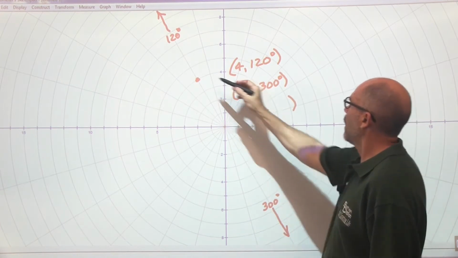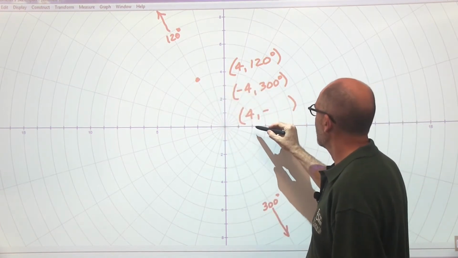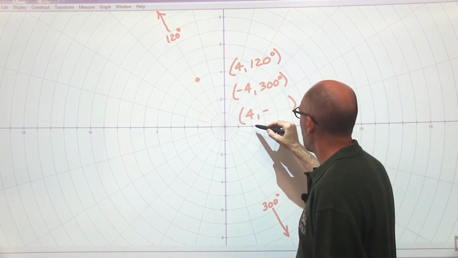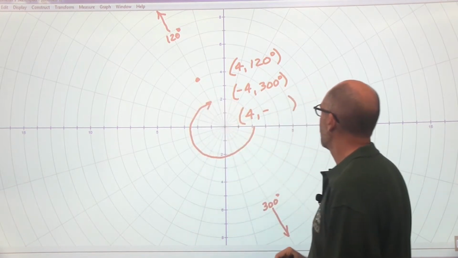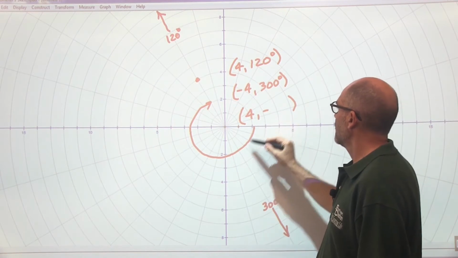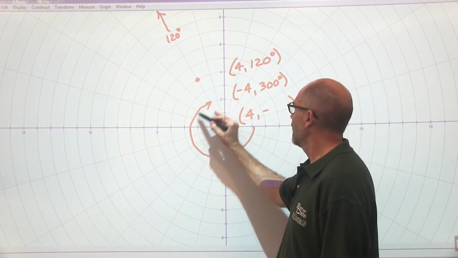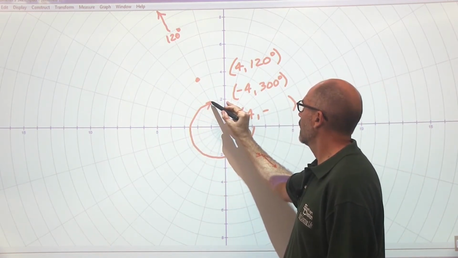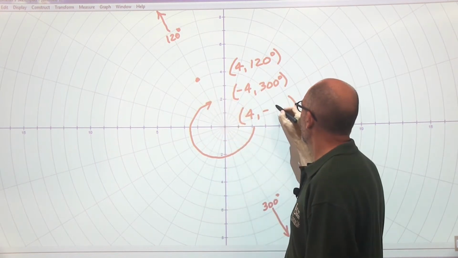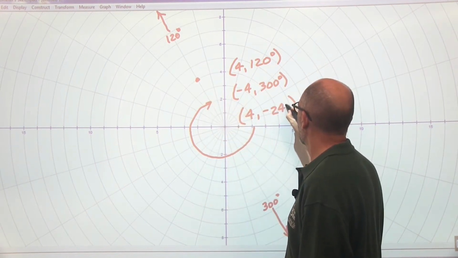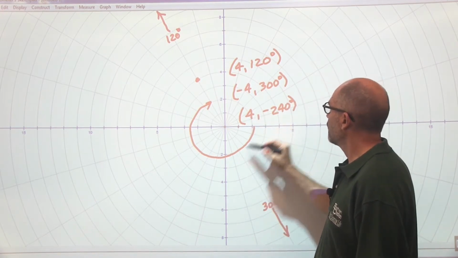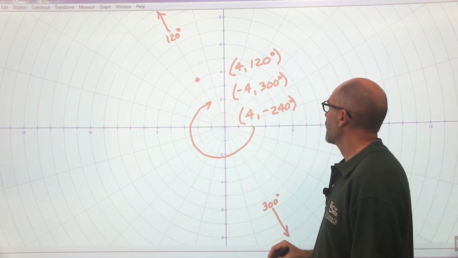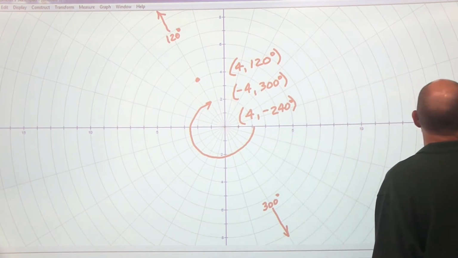So, positive 4, what angle is it that goes around clockwise that far? Well, notice it's 90, 180, and then 60 more is 240. So that's negative 240. So it's a positive 4 at negative 240. Now,